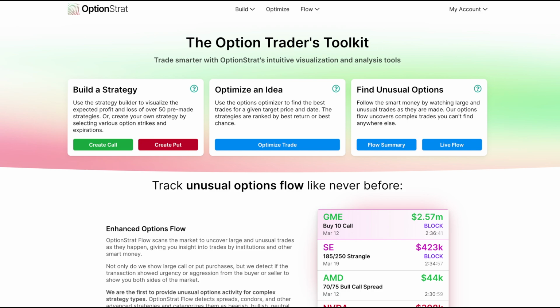The strategy builder is essentially an options profit calculator that makes it easy to build and adjust strategies to see their profit potential in real time. If you ever bought an option and wondered how much you would make if the stock moved a certain amount by a certain date, or didn't know what strike or strategy would get you the most profit, this tool can answer that. To get started, just hover over the build menu at the top of the site and select a